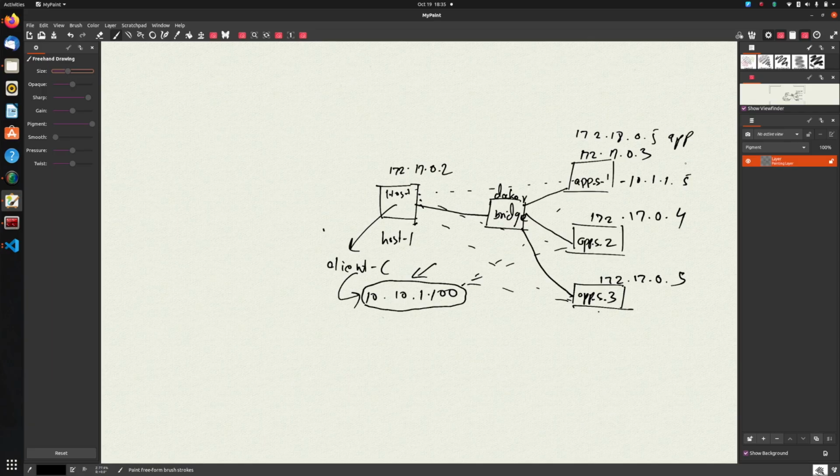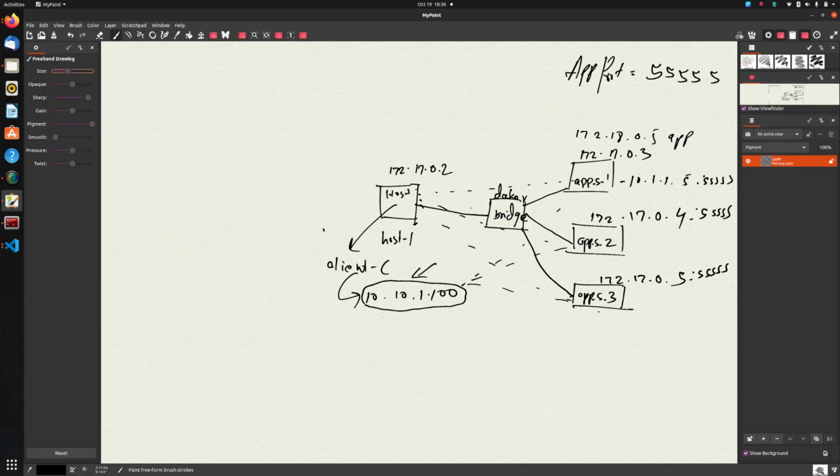Okay, so before that, let's say that our applications are running on port 55555, 55555 and 55555. So basically our app port is 55555. Yep, too many fives.